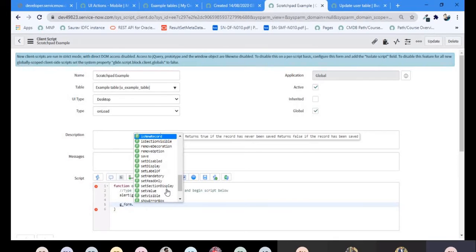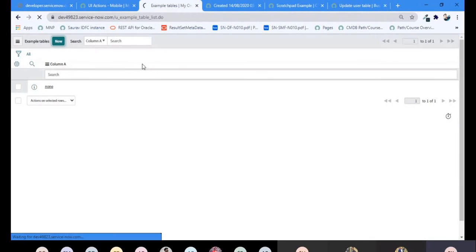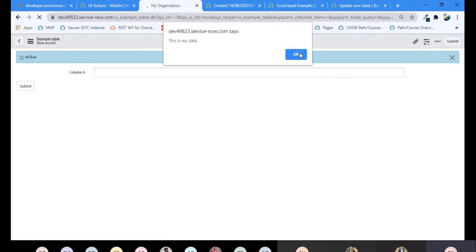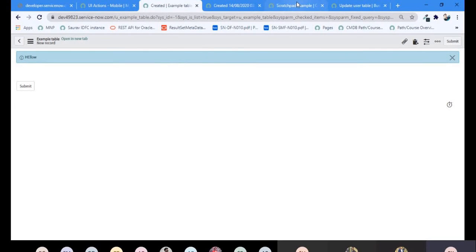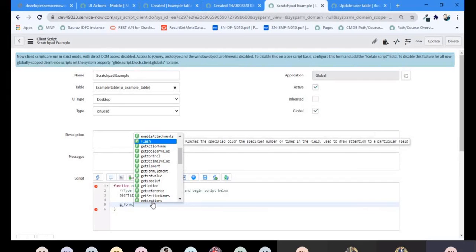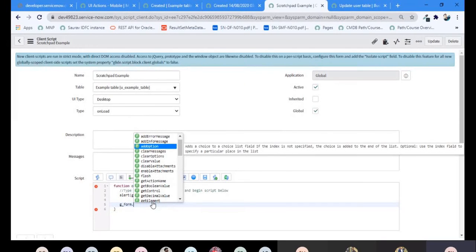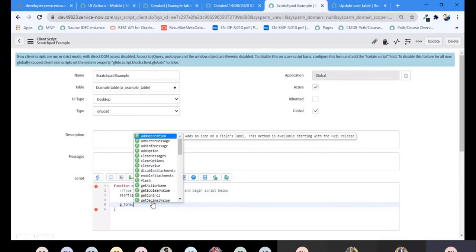Is new record. For example, if this record is a new record, or this is a saved record. My new record will be when I come using the new button, and you want to identify is this record a new record or not. So is new record will help you here, because many things we want to do only on the new records, not on the old records, right? A part of it, you can use flash as well. You can use add info message, you can use add error message. To add choices you can use add option, right? You can use add error box, there will be a method, right? Add decoration you can use.